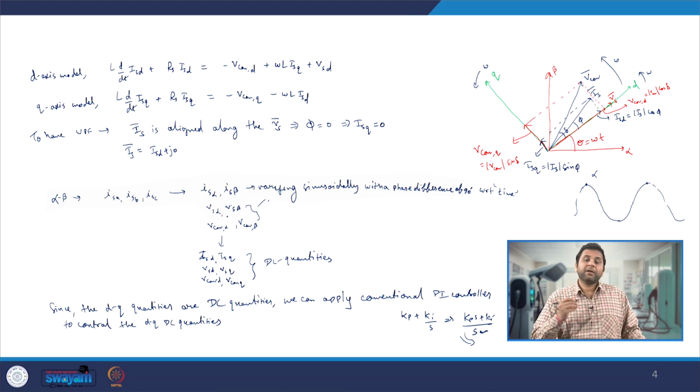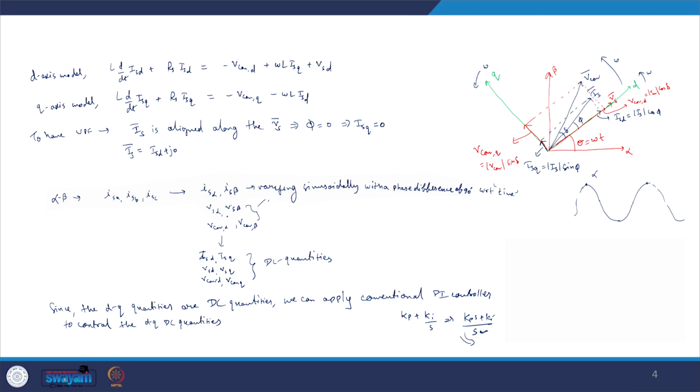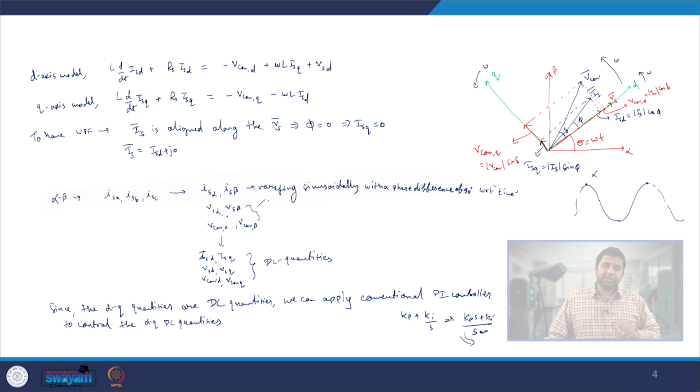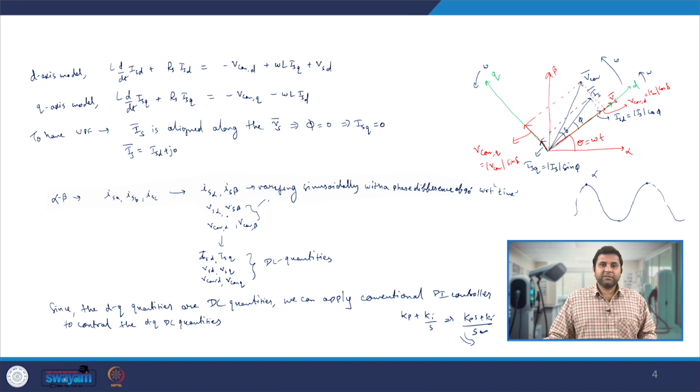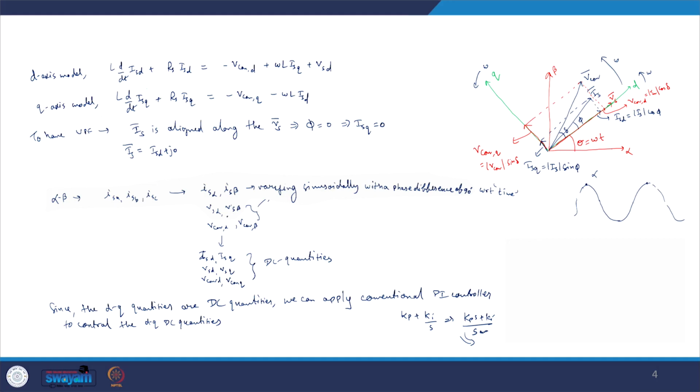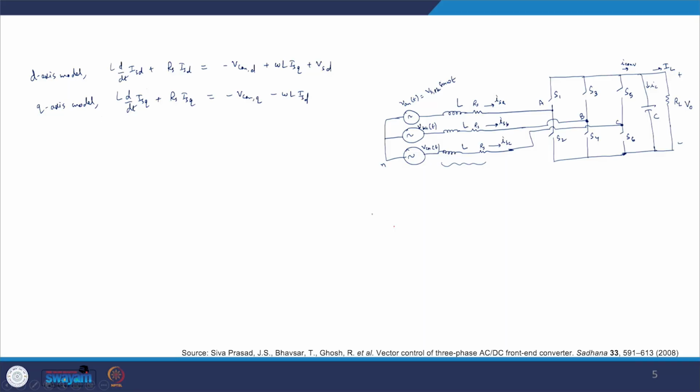that means you can apply very infinite gain at the DC, that means at s equal to 0, and that's how you can ensure that the feedback is actually following the reference, and thus you can obtain a very effective closed loop control. And since D and Q quantities are independent of each other, we can get a mutually independent two loop structure to do the independent control on the ISD and ISQ, and that's when we can ensure that by properly defining the ISQ reference and ISD reference, we can regulate the output voltage as well as have unity power factor operation.